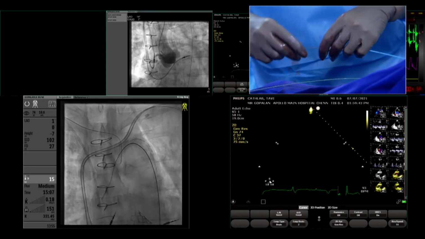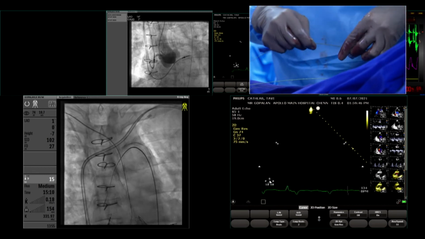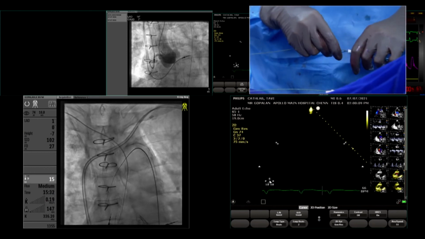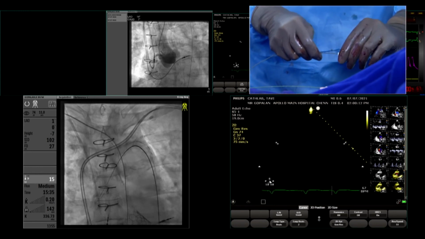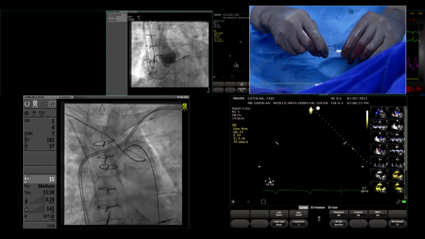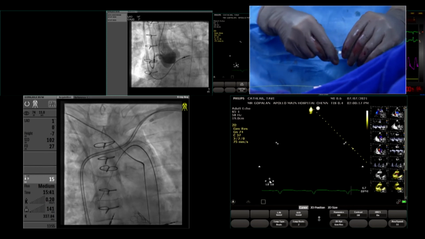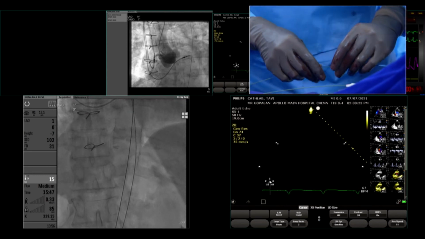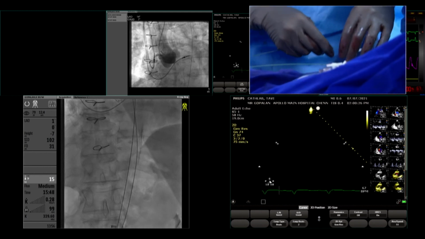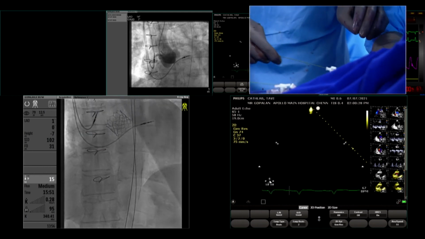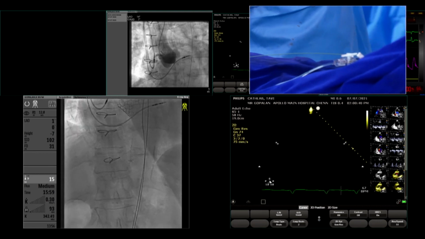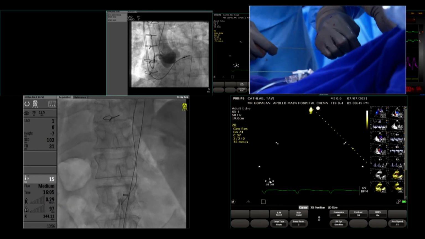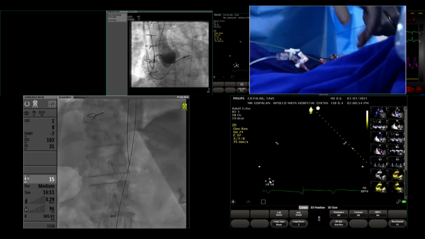Wire, wait. Okay, wait, the wire went inside. Okay, wait, push both together, it will go. Wait, boss. Okay, I'll put it back out. The wire, sir. Now push the wire. Correct. Wire comes. Okay, push the wire anyway, it's inside. Show down. Wait there. Okay, just wait there. Now you can push the pigtail.